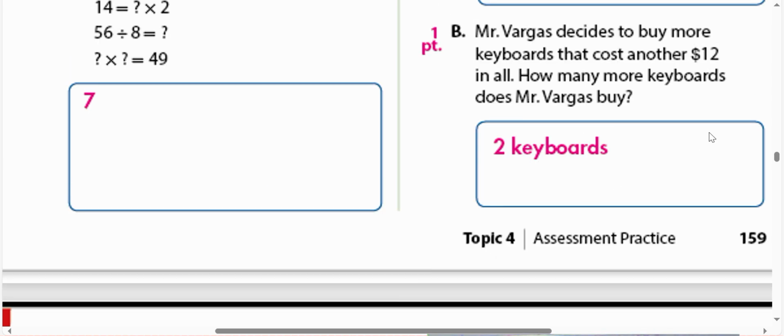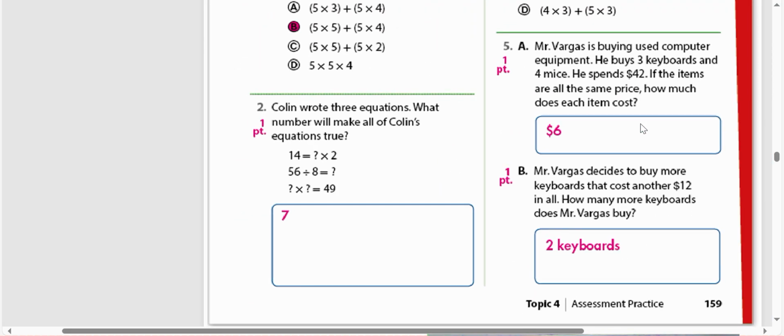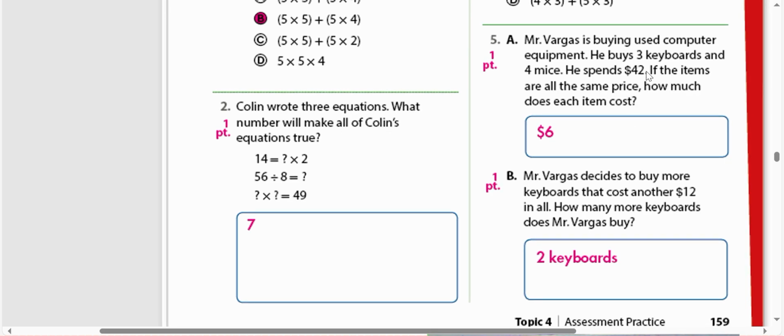We have $12. Mr. Regis decided to buy more keyboards. That cost is $12. You know, look, these questions can be like each other. The first, 42. We have 4 and 3 keyboards. 3 plus 4 is 7. 42 divided by 7 equals 6. And here 12 divided by 6 equals